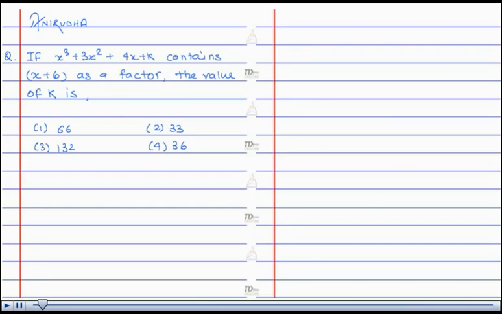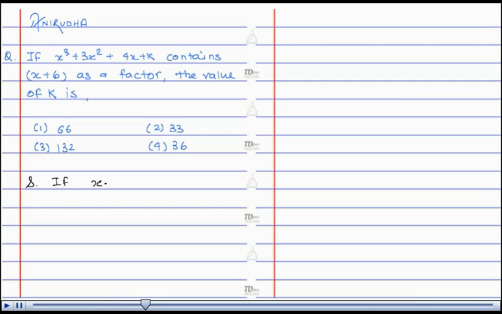Hello, I am Anirudh. The question is, if x cube plus 3x square plus 4x plus k contains x plus 6 as a factor, the value of k is. Let's see the solution. Now we have a theorem known as remainder theorem, as